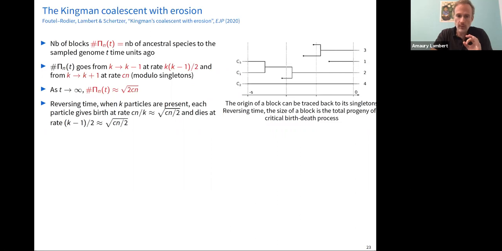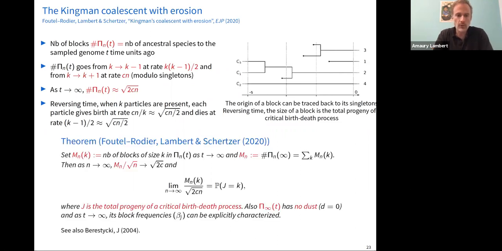And the number of deaths is the total progeny, is also the number of births. And so it's the total progeny of this birth-death process that you can see on the right, which is critical because the birth and death rates are equal in the large n limit. And so the theorem